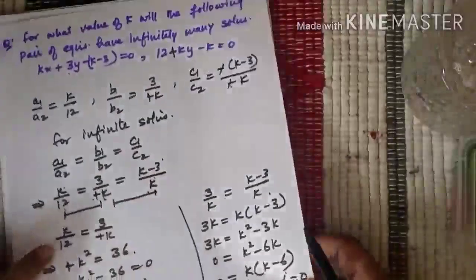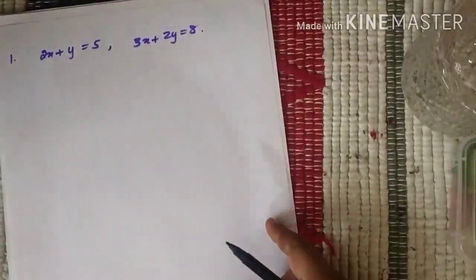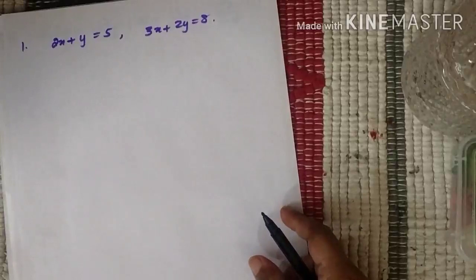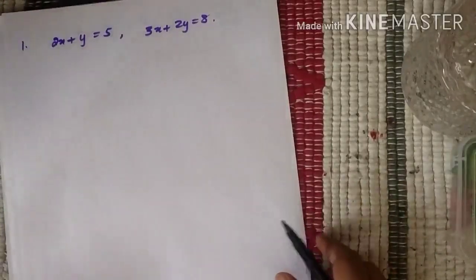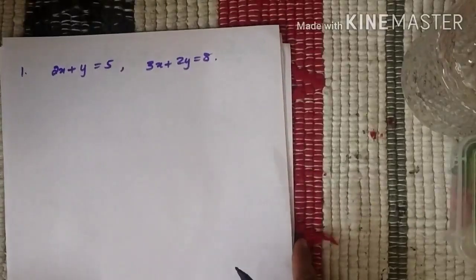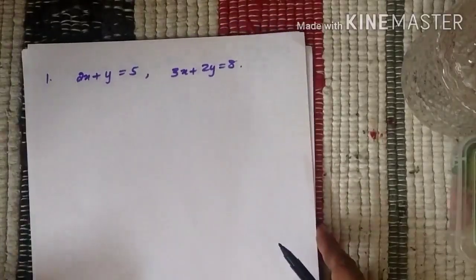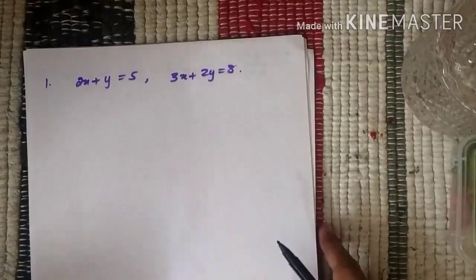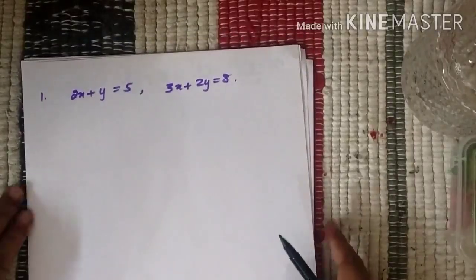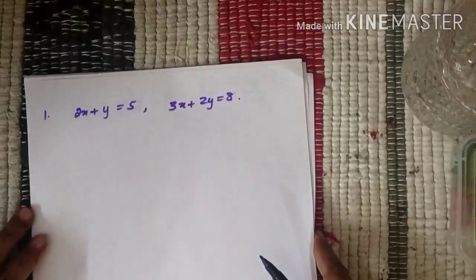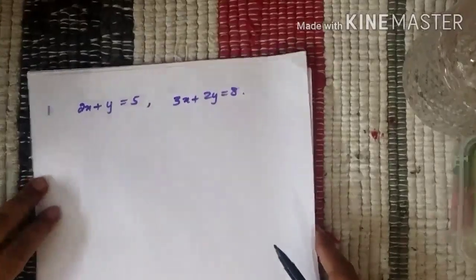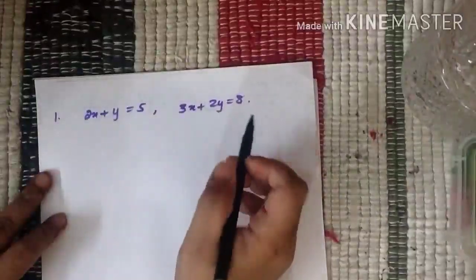Next, coming to the algebraic method of solving linear equations. Children, we learned there are three different approaches: elimination method, substitution, and cross multiplication. And cross multiplication is not in your syllabus. For this year it's been deleted by CBSE. So we have just two methods, substitution and elimination. So let me first solve it by substitution method.